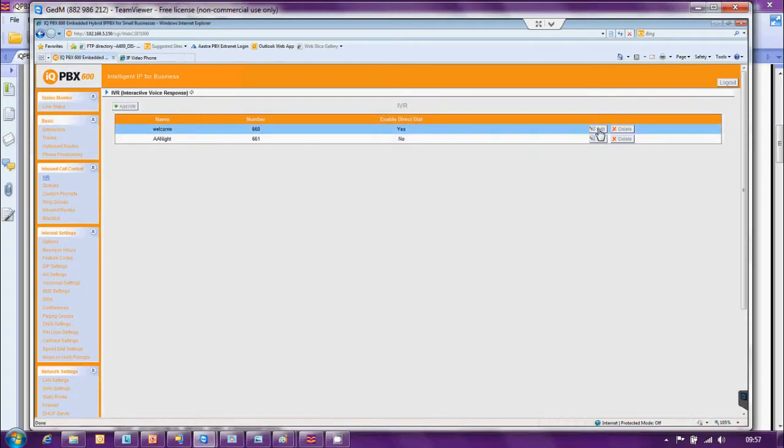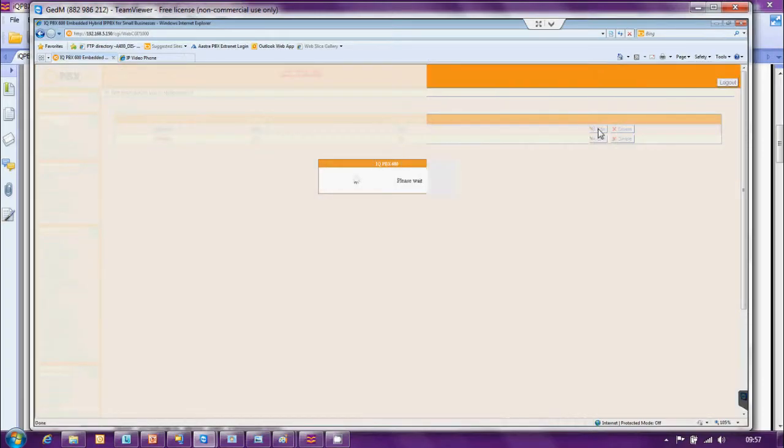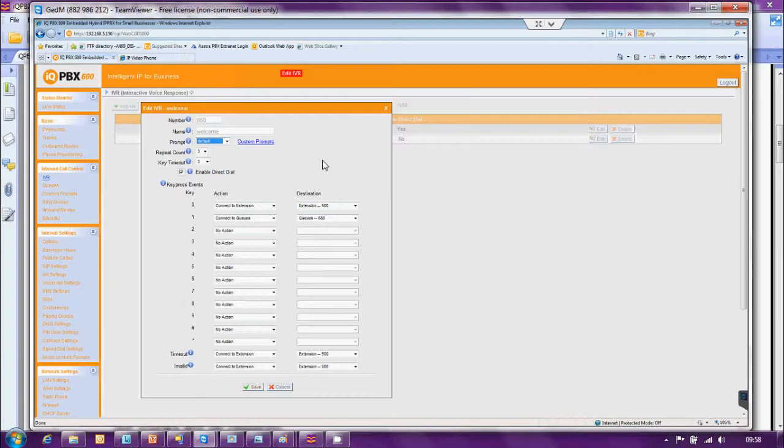The daytime message, we set the daytime one will be AA day, and we can select our options here. Go to ring group 2, and the ring group would be sales, etc. Dial 3, we'll go to ring group